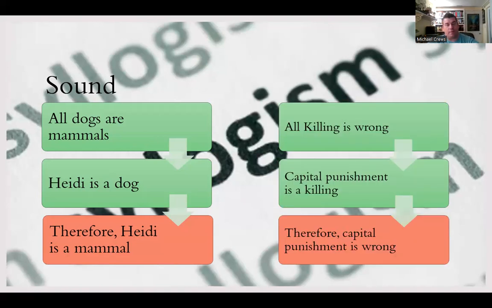So an example from the book is: all killing is wrong. Capital punishment is a killing. Therefore, capital punishment is wrong. Now, as you're seeing this, and as I'm saying it, you might be thinking, well, wait a minute, not all killing is wrong. This is what starts to become problematic when we try to use this syllogism structure to preserve